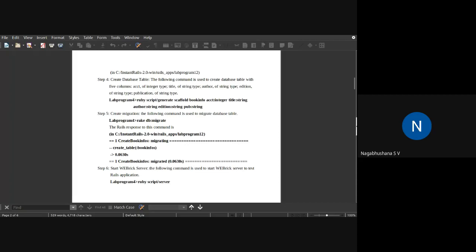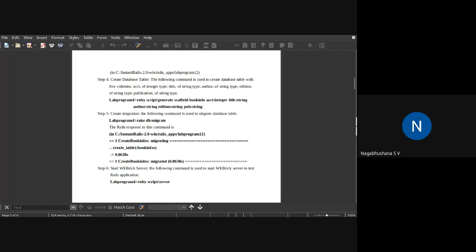Whatever typical actions you are doing, like insertions, deletion, updation, or searching anything, will be done automatically. You may ask me how it will do it. This rake utility will do all those things automatically. You need not do anything physically.